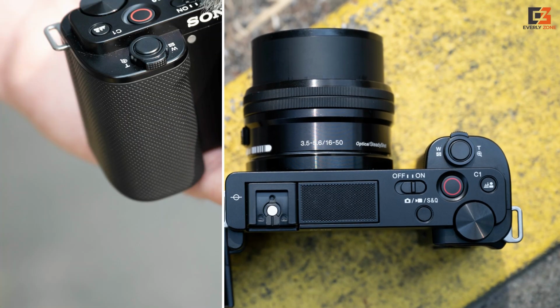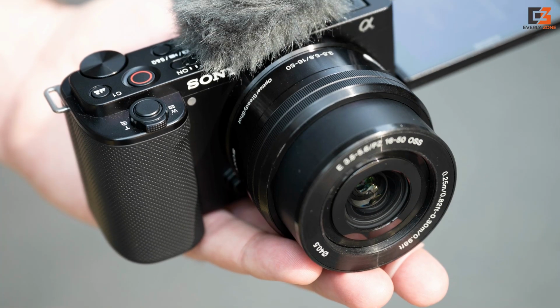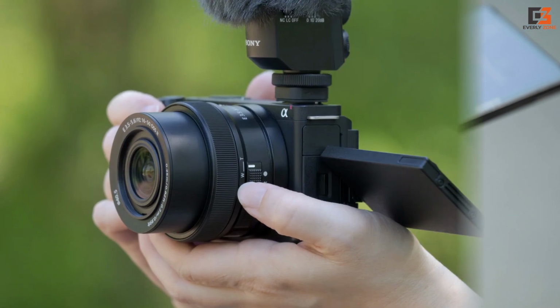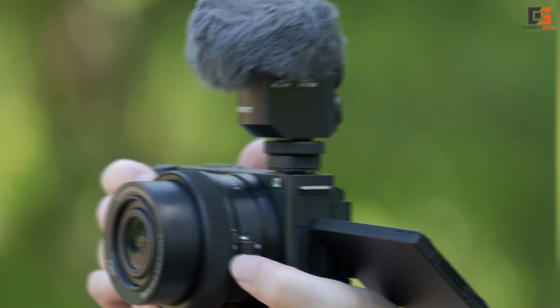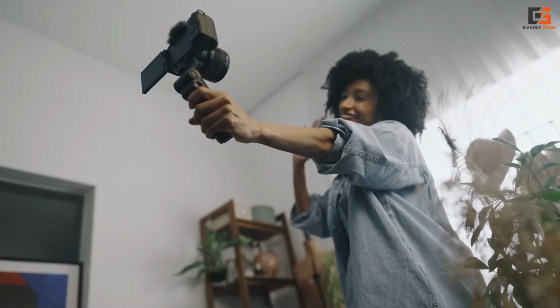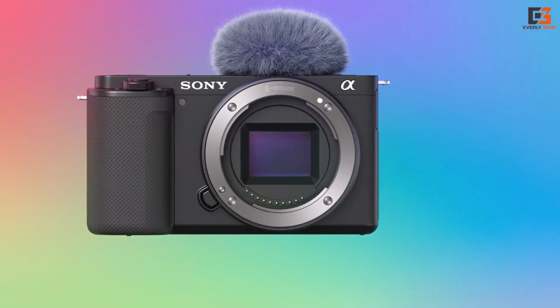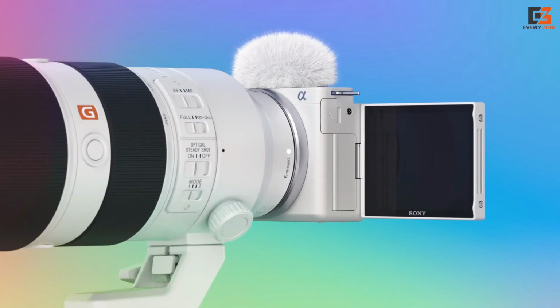The Sony ZV-E10 has 4 different continuous shooting speeds: low, mid, high, and high plus. The low speed setting has a max burst rate of about 4 FPS, mid has a max of 6 FPS, high has a max of 8 FPS, and high plus has a max of about 11 FPS. Ultimately, if you can live without a viewfinder, this is a great budget option that's well suited to both vloggers